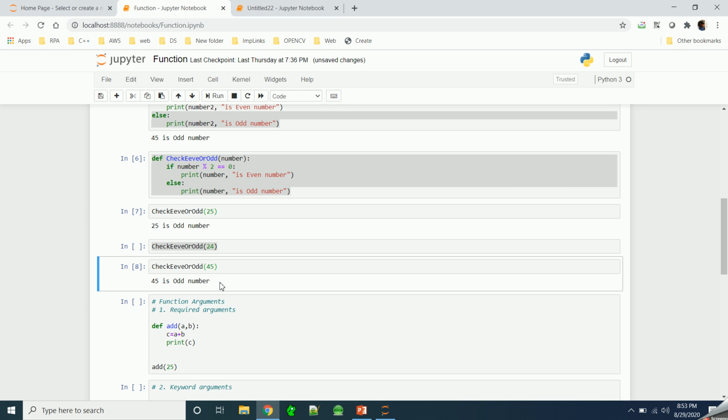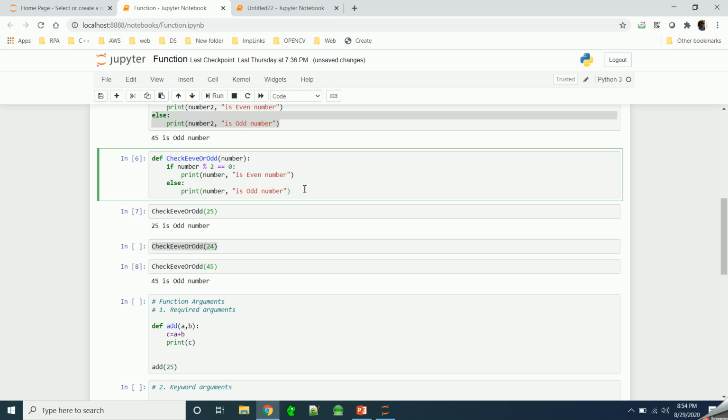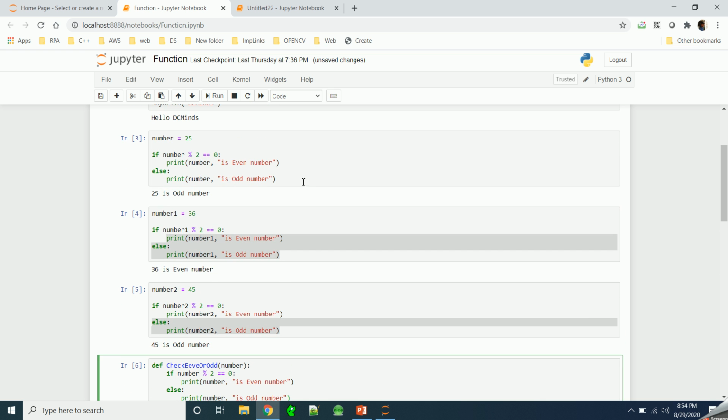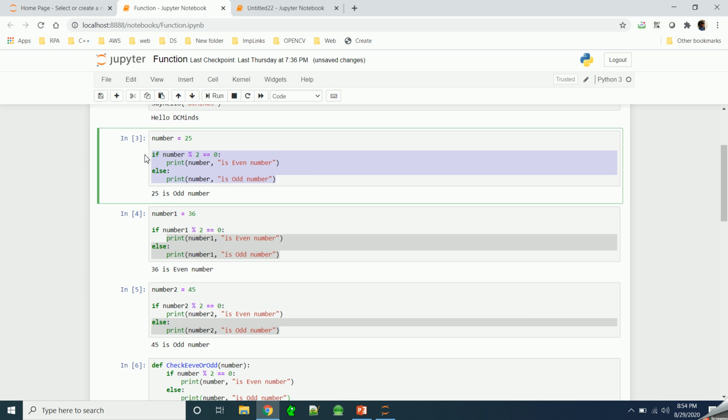So you can use a function and avoid unnecessary code repeating again and again. You write common code once, so it saves you a lot of effort. If you had to write this line of code for, say, thousands of numbers, this line would get repeated thousands of times.